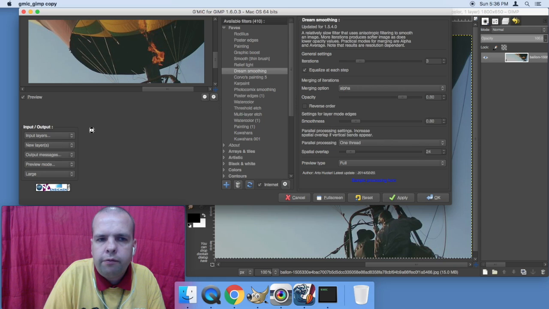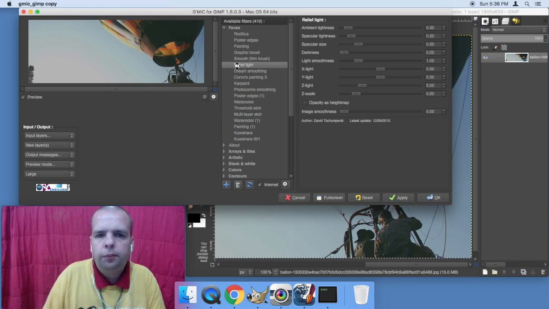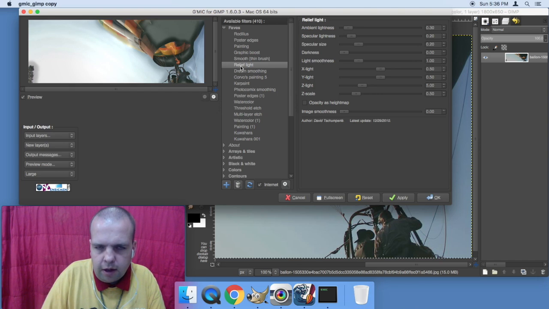As we wait for the filter to re-render itself, you can see that it's kind of windy, and has a bit of a watery texture to the image or effect or something. So